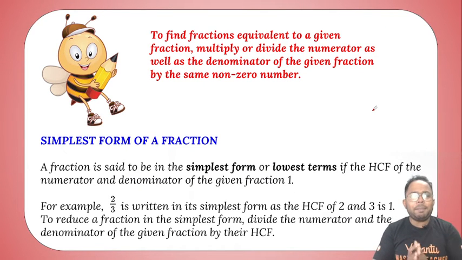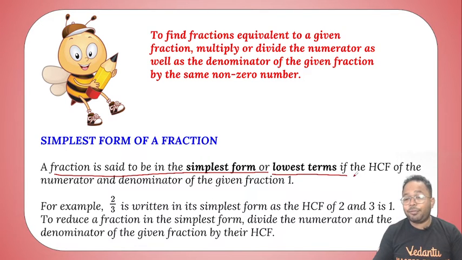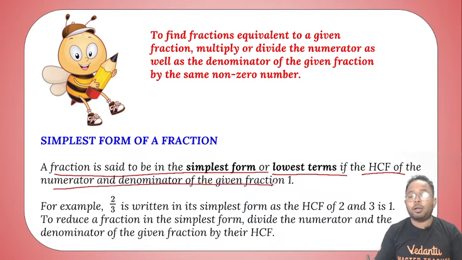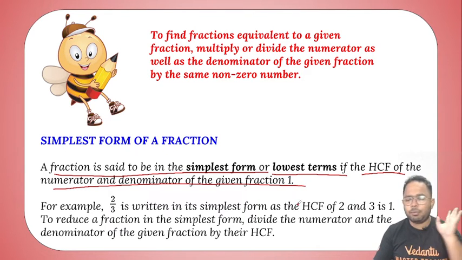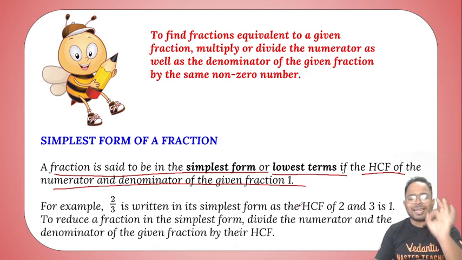Next comes simplest form of a fraction. Simplest form, अभी तक equivalent तो समझ में आ गया, है ना? अब what about your simplest form? So simplest form मतलब क्या होगा? A fraction is said to be simplest form or lowest term if the HCF of numerator and denominator is 1. अगर हमारा HCF जो है वो न्यूमरेटर और डिनोमिनेटर का 1 हो जाए, that's said to be as